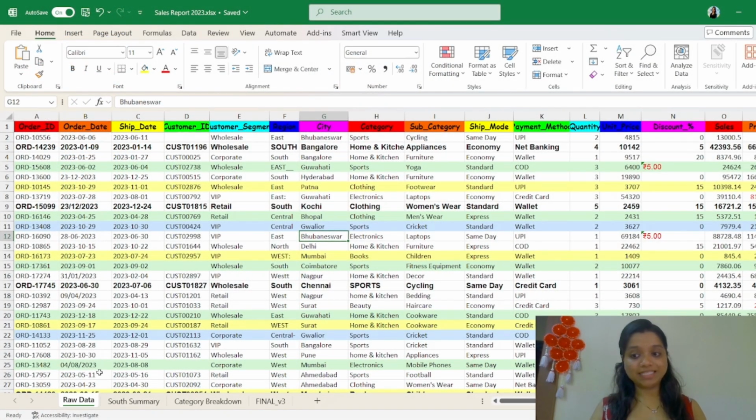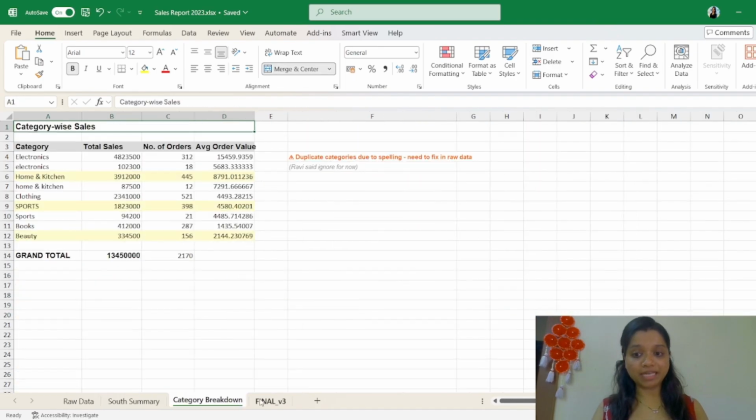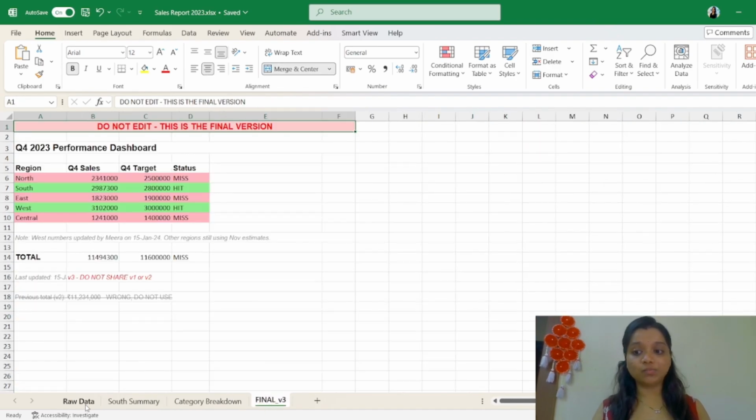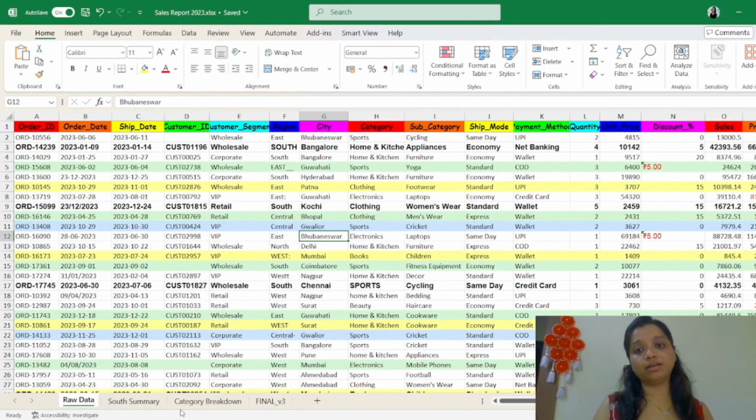So this file is a complete mess because if you look here, it has multiple tabs. So the first question is which tab actually contains the exact data that you have to get into Power BI and build the report. Suppose you get an answer that says this raw data is what you have to get into Power BI. Now the next question is about the data types and the typos in the entire file.